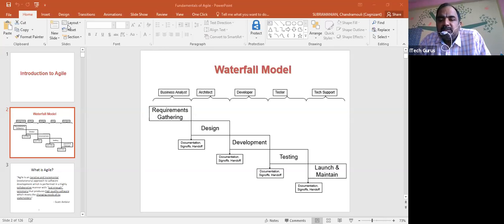However, in the traditional methodology, we also go to another methodology or model called iterative and incremental. So what is the iterative method? As some of you are saying, the waterfall methodology itself can be executed using the iterative method. What is the meaning? I'll go to the design. If there is a problem in the design, I can go back to requirement. You are able to understand this? I'll go to development. It's not only development that I'm doing; I'll go back to design, and back to requirement also. I'll go to testing, and I'll go back to development, design, and requirement also. So the same thing gets executed multiple times, or whenever there is a fine tuning, that is called